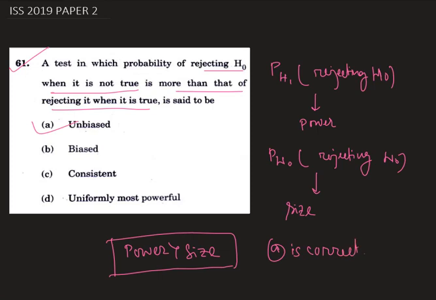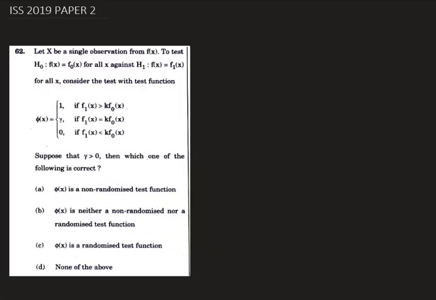Okay, let's take another question. This is the next question, which is question number 62 from ISS 2019 paper 2. In this question, we are given that X is a single observation from Fx. Now to test H0 such that Fx is equal to F0 x for all x against H1 such